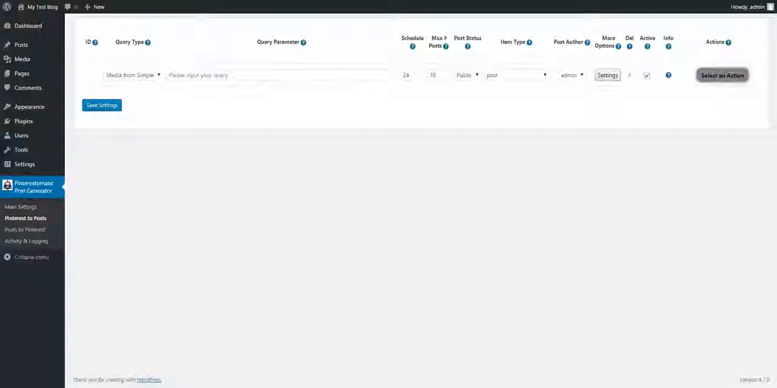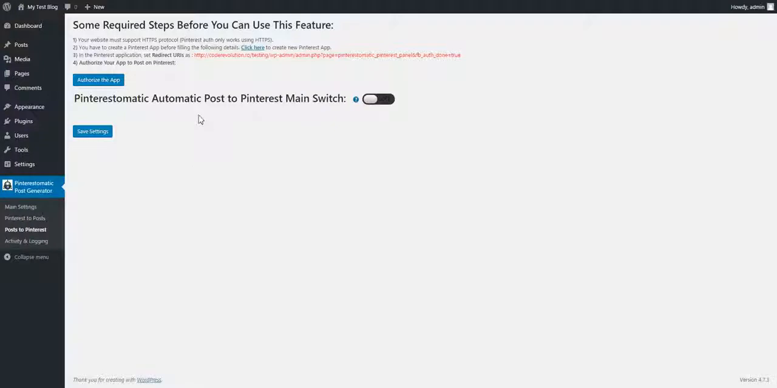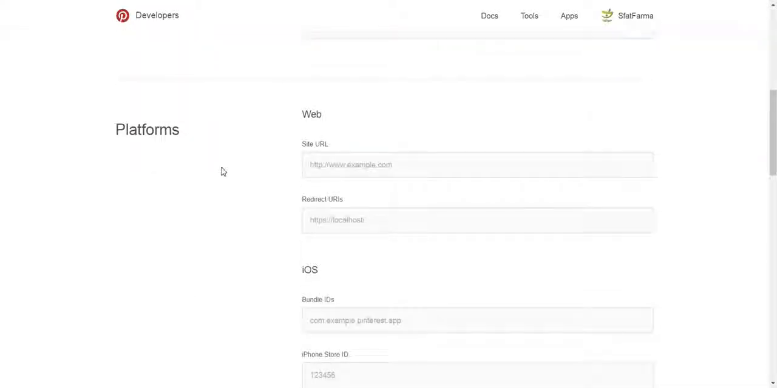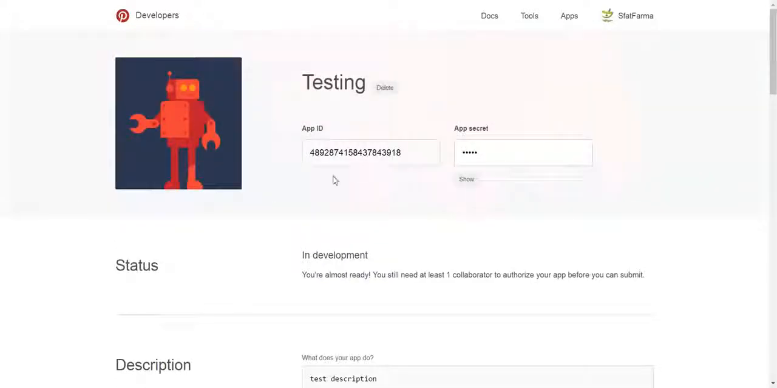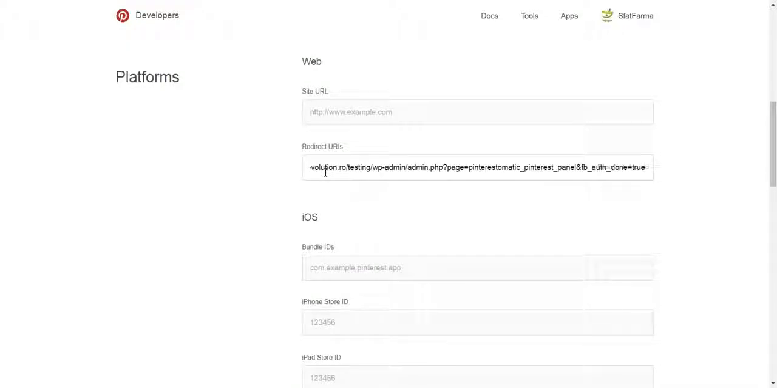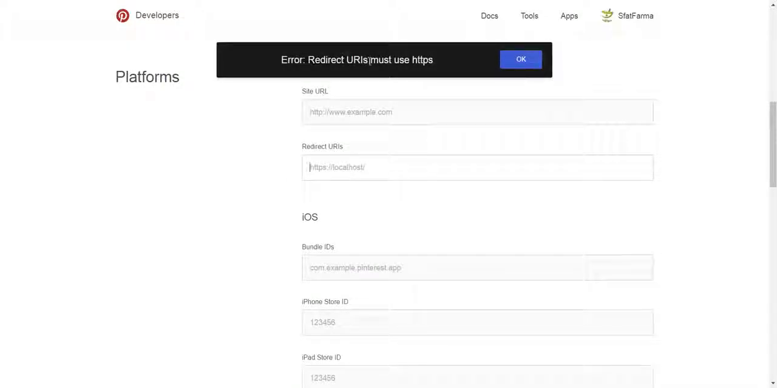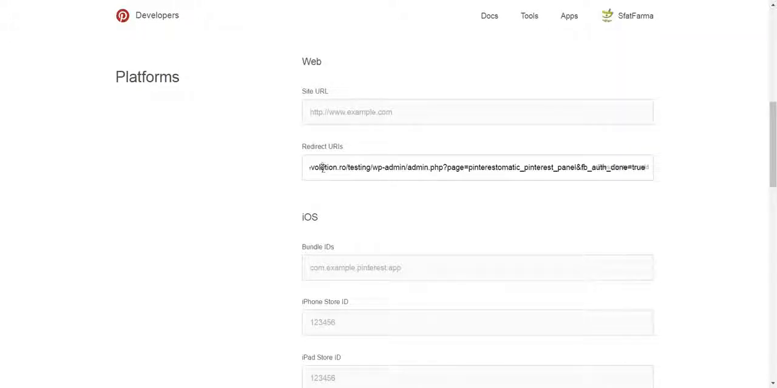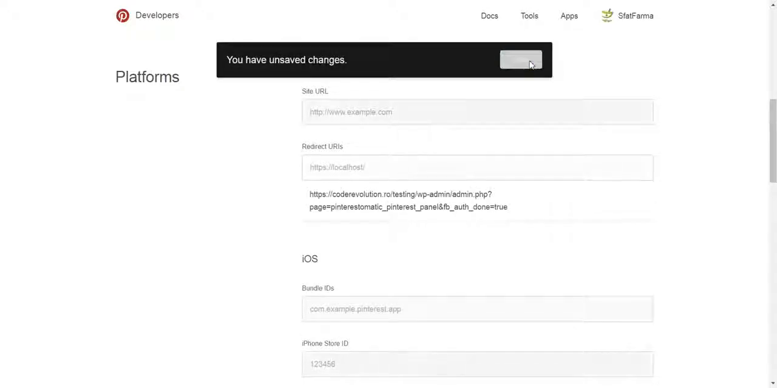First of all, I want to show you the post to Pinterest part of this plugin. For this to work, you must copy this link, go to the app settings, scroll down and enter here the redirect URL. Notice that the redirect URL must use HTTPS. Click Save